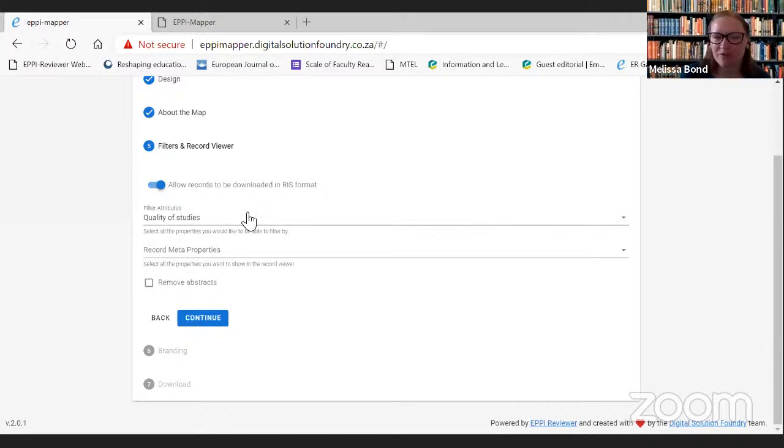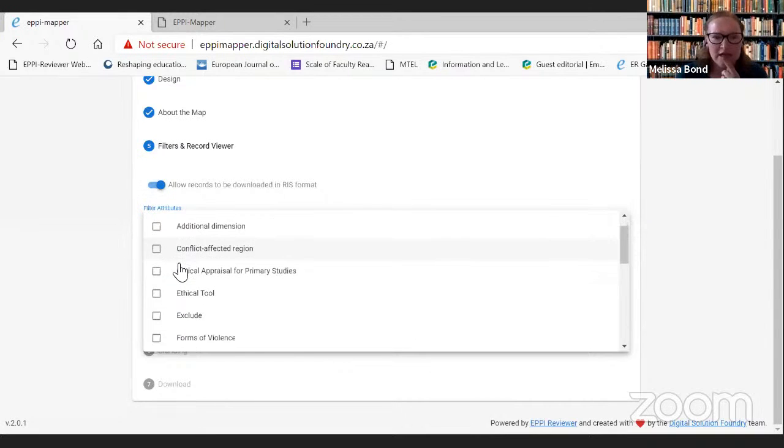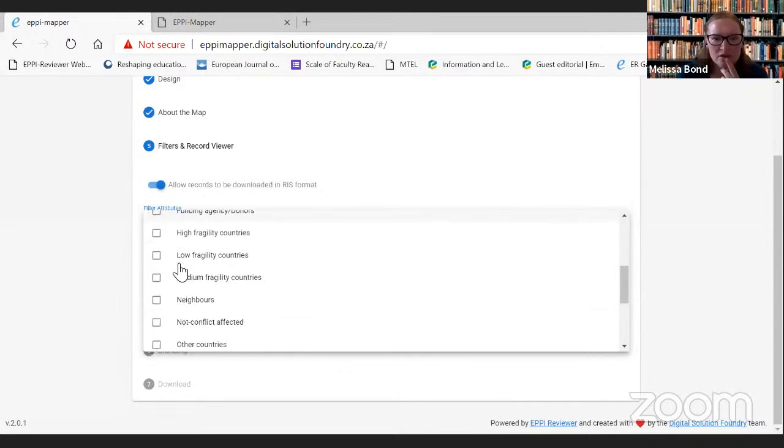Well, here we've got filter attributes. This is where you would enable people to be able to filter the information in your map once you've got it produced. And Jeff showed you how to do that earlier. So what do we want to filter